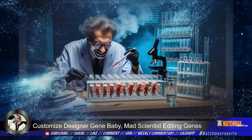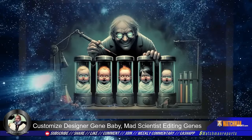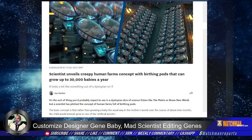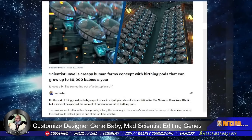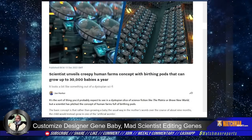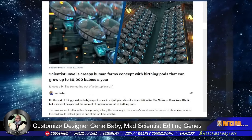So, that led me to another article I want to share with you. This article is a very strange article. Let me bring this up for you. It says, scientist unveils creepy human farms concept with birthing pods that can grow up to 300,000 babies a year. So y'all gonna grow babies like seeds, huh? In birthing pods. I mean, think about this. This is some crazy stuff here, right? So you're gonna just